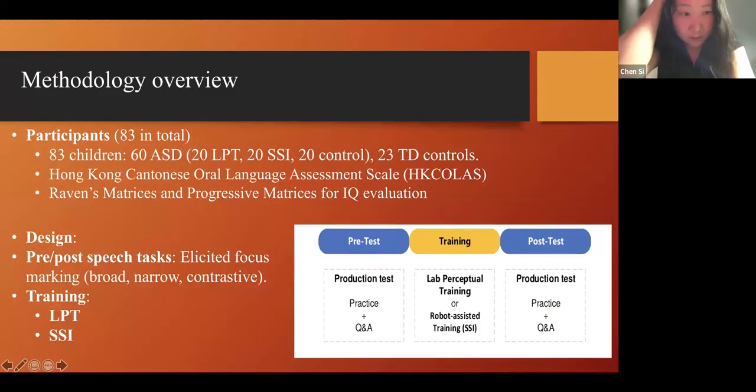For the design, the pre-training and post-training speech tasks are the same, and we try to elicit focus marking in these pre- and post-training speech tasks. For the training, we have two methods. In this project, we're trying to compare the results from the lab perceptual training, LPT, and the simulated social interaction training, SSI.